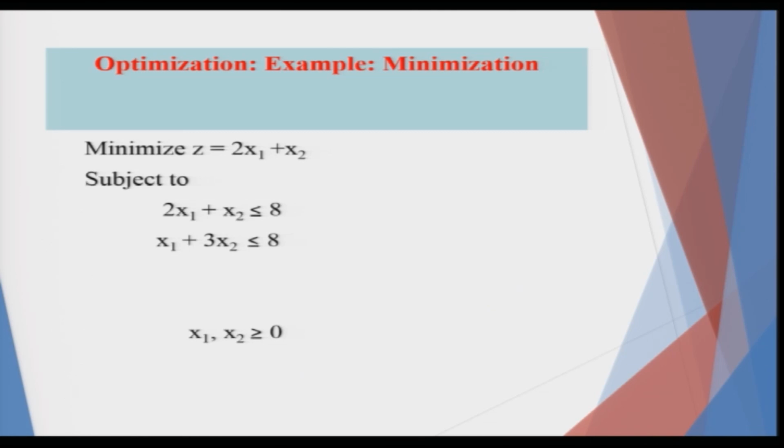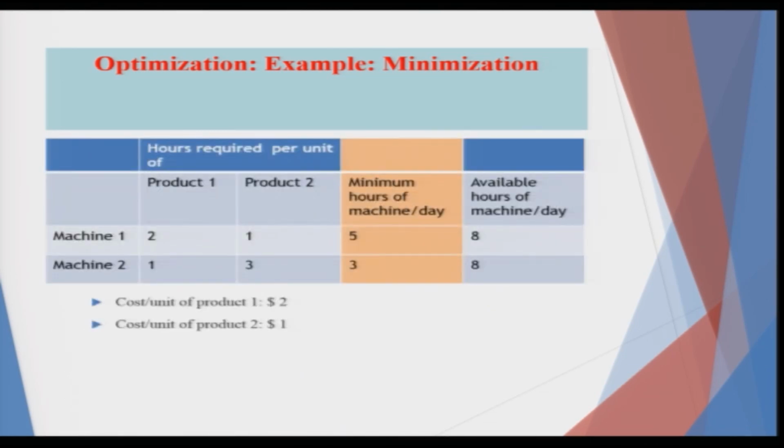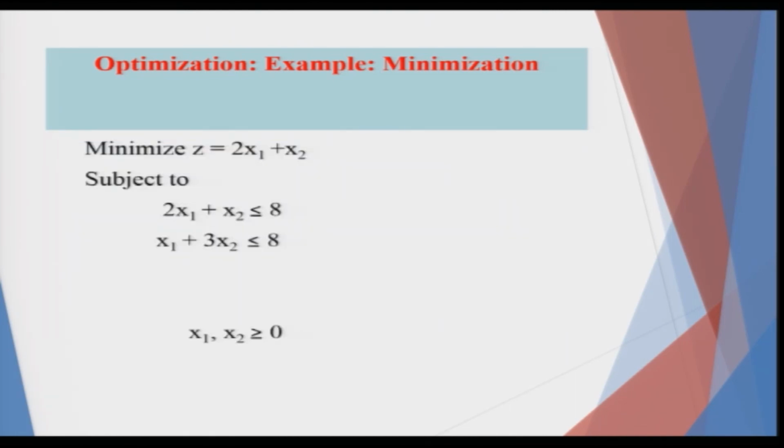Now, the minimization problem is written here. So, let me come here. What you have is the cost of product 1 is 2, so it is 2 x1 plus 1 x2. I will consider x1 and x2 as the decision variables for product 1 and product 2. Now, I will be switching between these slides in order to bring the semblance of what you have in basically